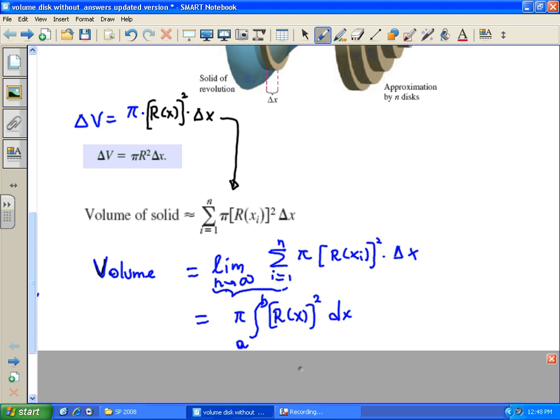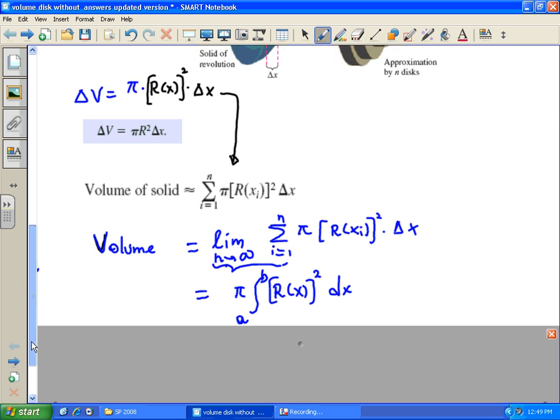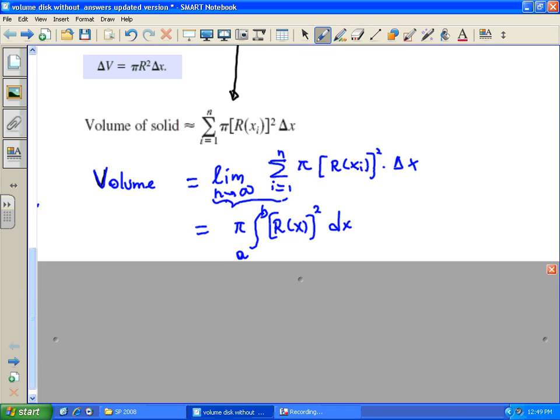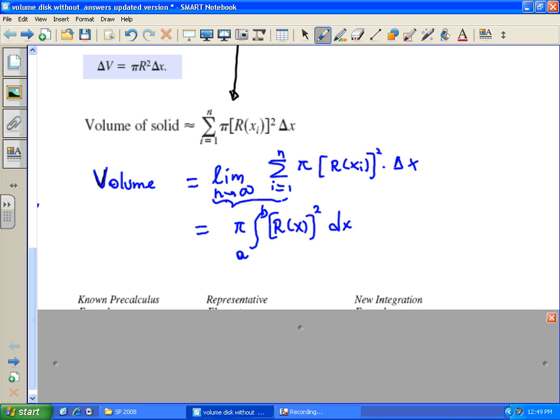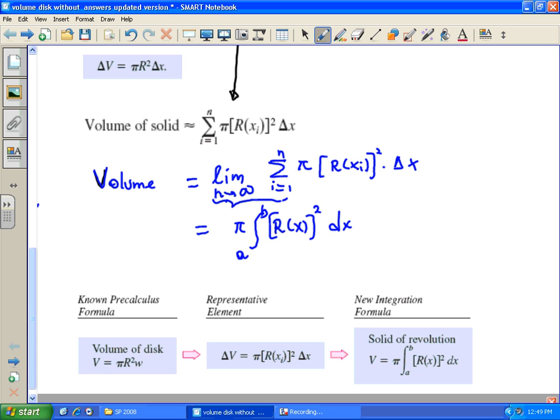So the volume of the solid is going to be given by this formula, pi times whatever the function was. If the function is y equals r of x, then you're squaring that function, dx, and then you're integrating it. That will give you the total volume of that solid of revolution. So just to review what we have just seen,